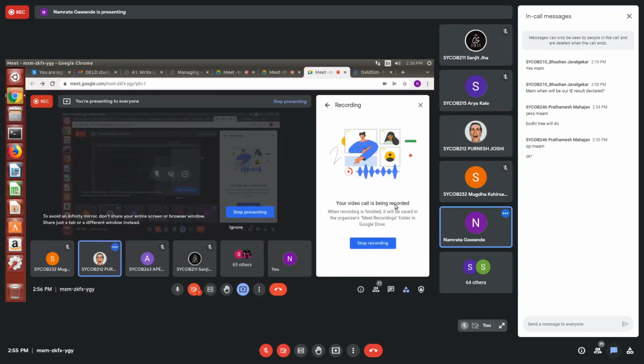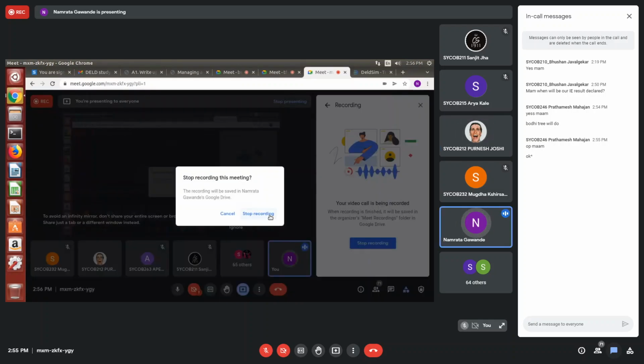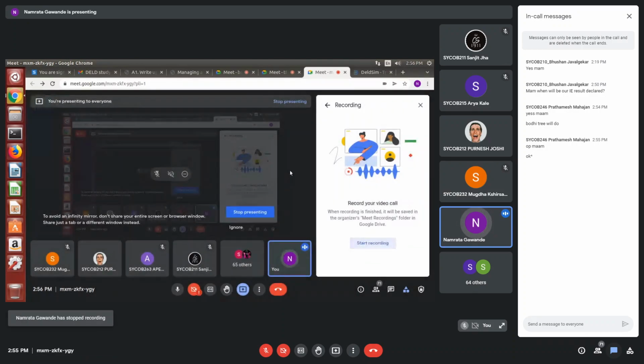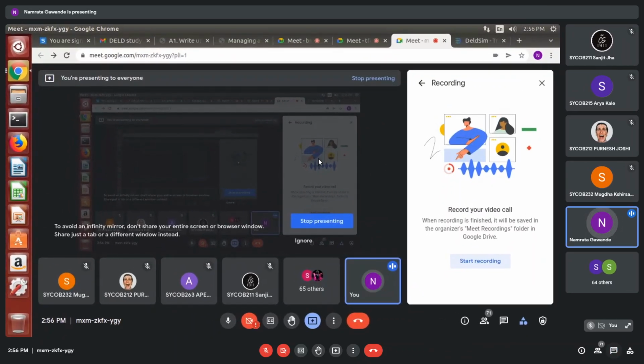That is for theory, but for lab, I will provide you the recording, for all the practicals. For this practical also I will share, and from the next practical for the labs I will provide you the recording on the Bodhi. But for lectures it's not possible, because whatever you got yesterday and the day before yesterday, that I have recorded, so I will send you that. But for all the live lectures, I cannot post recordings on the Bodhi.